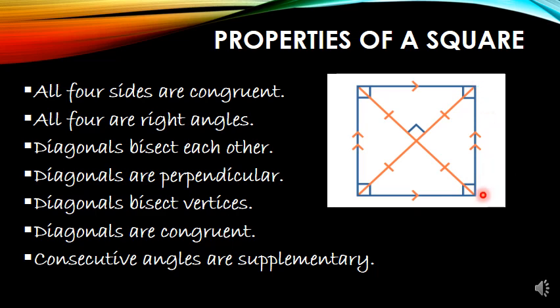If you take this side also, 90 plus 90, 180. 90 plus 90, 180, and here also 90 plus 90, 180. So this is the general property of a parallelogram. May it be any parallelogram, the properties of parallelogram should be applied for all the three types and it should satisfy those. Which are the three types of parallelograms? Rectangle, rhombus, and a square. So this is about square.